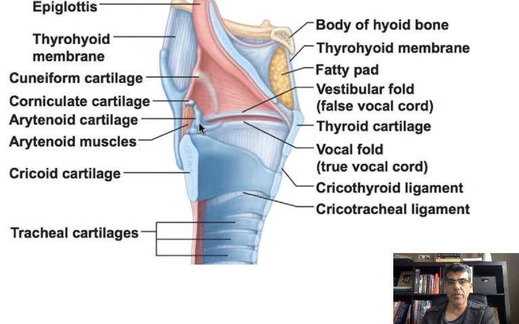It starts from the arytenoid cartilage and is going to go and attach to what? To thyroid cartilage. So this is my true vocal cord. This is the one that's going to vibrate and is going to make sound. Now can you imagine that this is here and above that one you have another fold. This fold is above this vocal cord and that is the bottom area of this membrane. We call it quadrangular membrane.